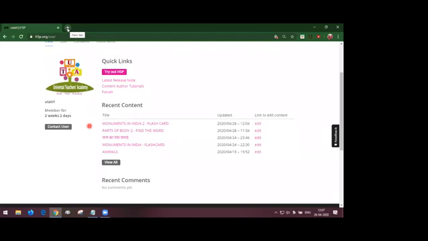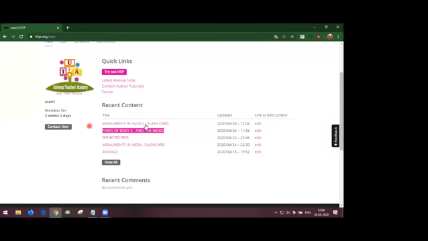Also, you can use your H5P content in your mobile. It is the same as we are seeing in the desktop version. All the elements displayed in the desktop version will be replicated in your mobile also. You can open Google Chrome and type H5P as we have done earlier here. You can open your Chrome browser, open your H5P page and log in, and after that you will get your content displayed in your mobile itself.